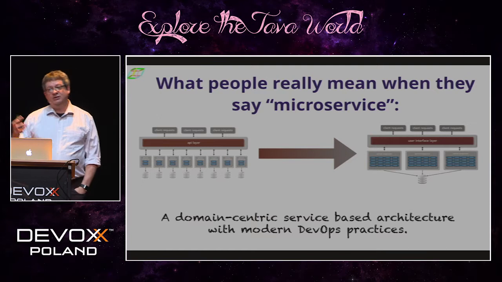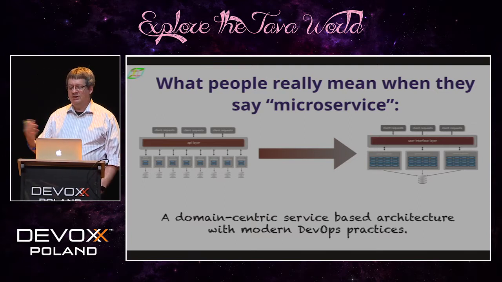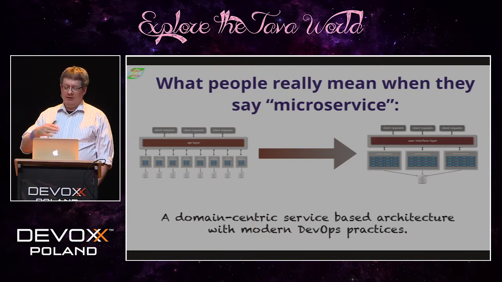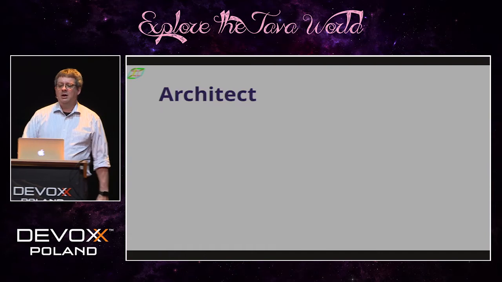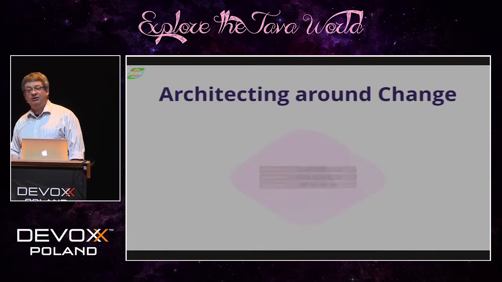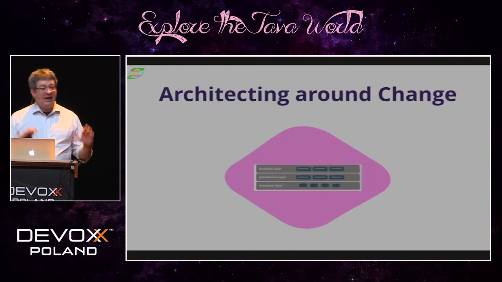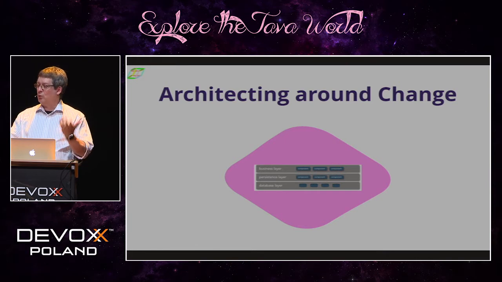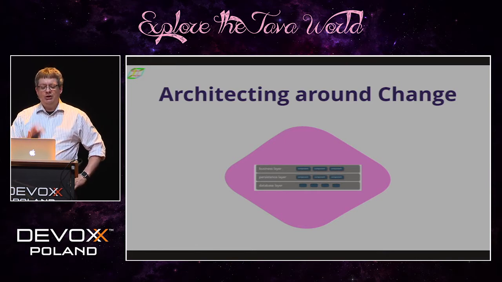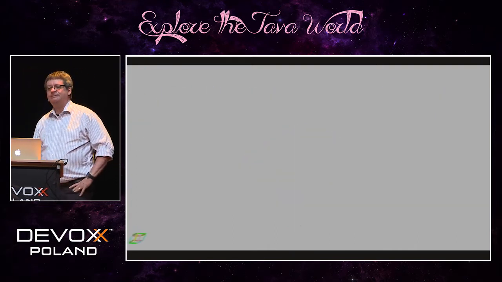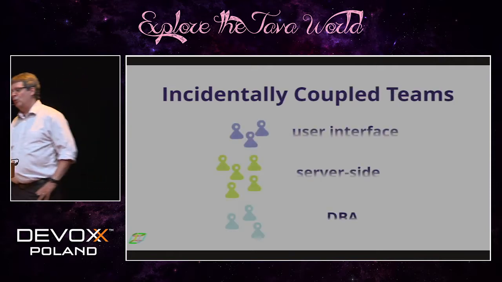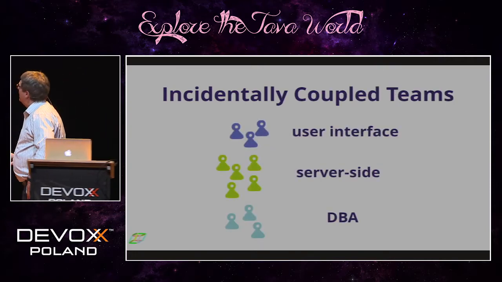You still get the advantages of being domain-centric, but without quite the overhead and the latency and other issues with pure microservices. So really what we're doing here is architecting around the primary unit of change that happens in our projects, which of course is a good idea, because now you can start building teams around that as well. And that's the other side effect of this, is the way teams form around these architectures.